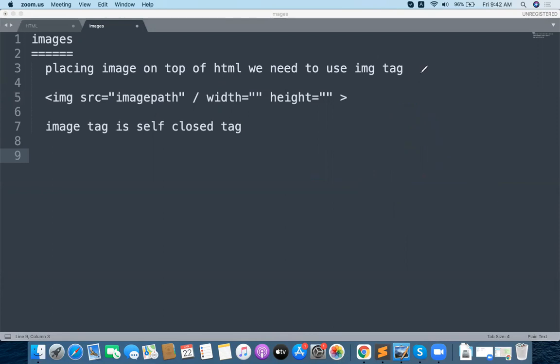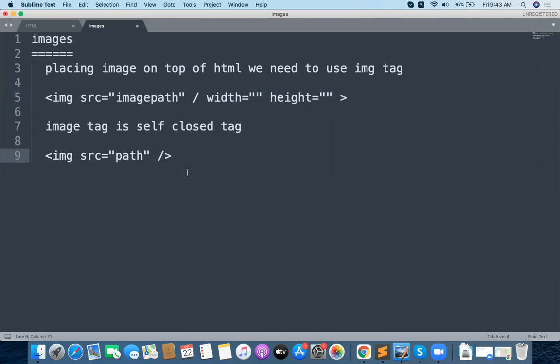So let me do one thing now. Let me place the images. Whenever you want to place an image, I said img space src equal to the path of the image. Whatever path you have, you need to mention that path and close it. This is the basic image you have to create. Without providing width and height, the default width and height will be taken automatically, whatever the image width and height is. Okay, let me design one thing.